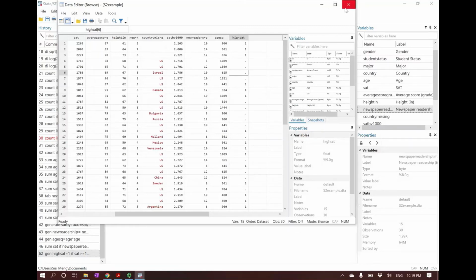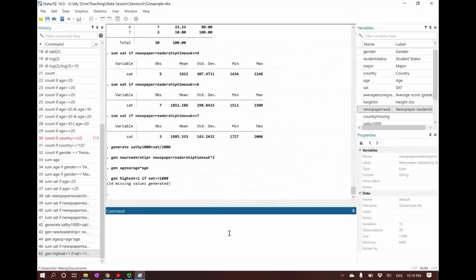And missing values. So actually, I'm going to introduce another way that I usually use, sometimes not introduced in the traditional textbook or some Stata resource documents. You don't have to use the if statement. You can directly